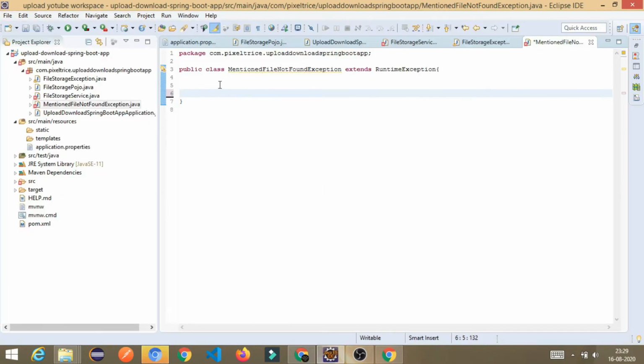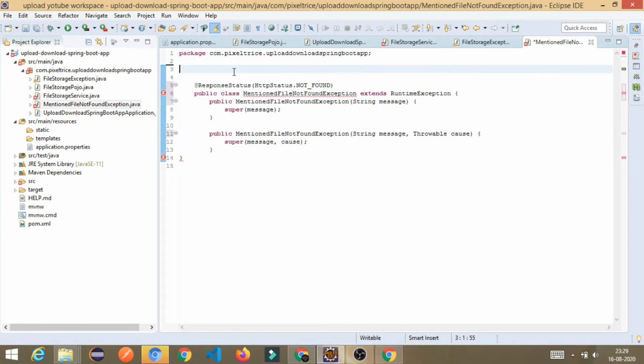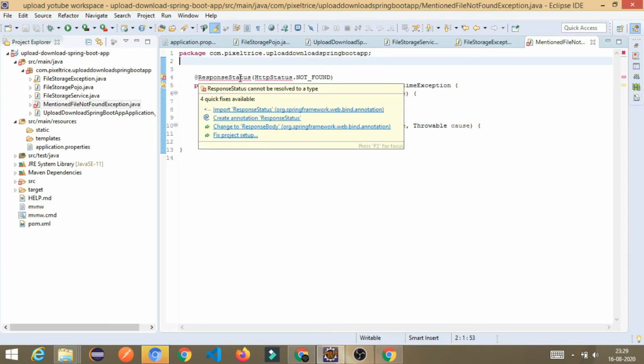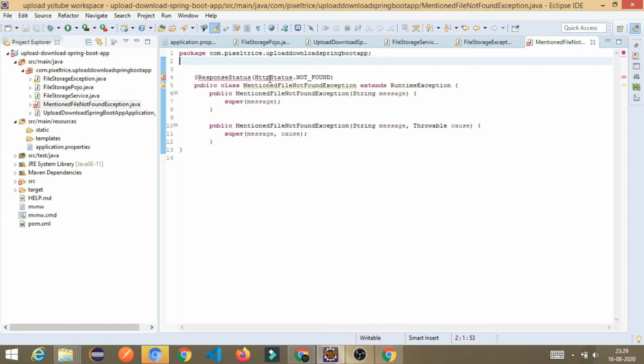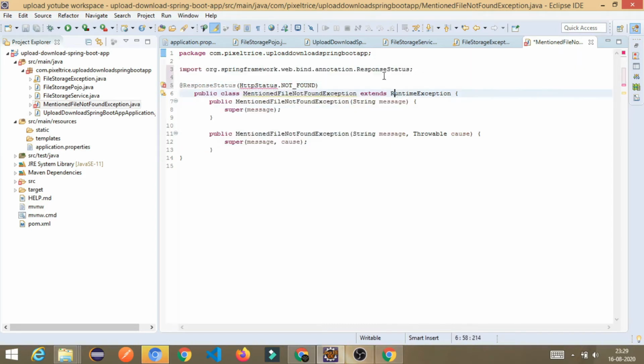I will explain what the purpose of that annotation is. See, I have added the response status, and it will return a fixed 404. When anything happens, it will return 404 if the file is not found.